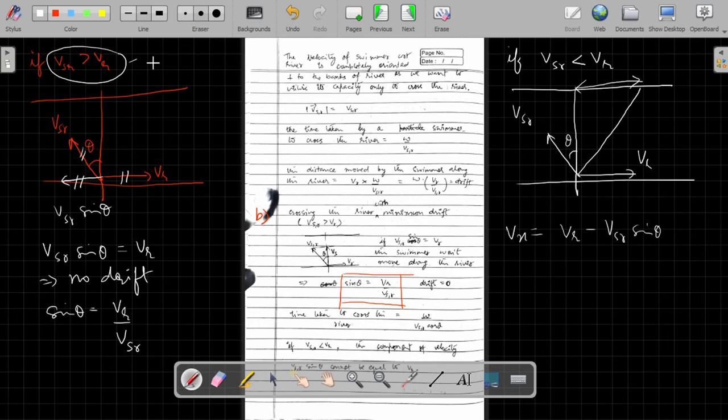In the earlier case, zero drift would be present. And why won't there be any drift? Because the velocities along x direction entirely cancel out. But in this case, they won't cancel out, because velocity of river is greater than velocity of swimmer with respect to river, and we are taking the sine theta ratio, so this value would grow even smaller than VR, so this can never be zero. So the time taken in crossing the river, let's say that time is t, would be the width of the river divided by velocity of swimmer with respect to river and cos theta.